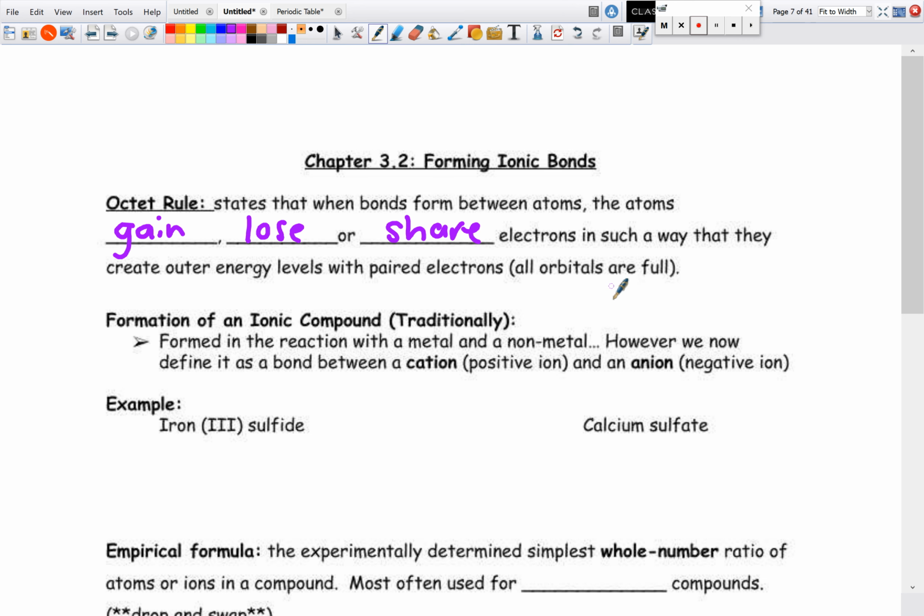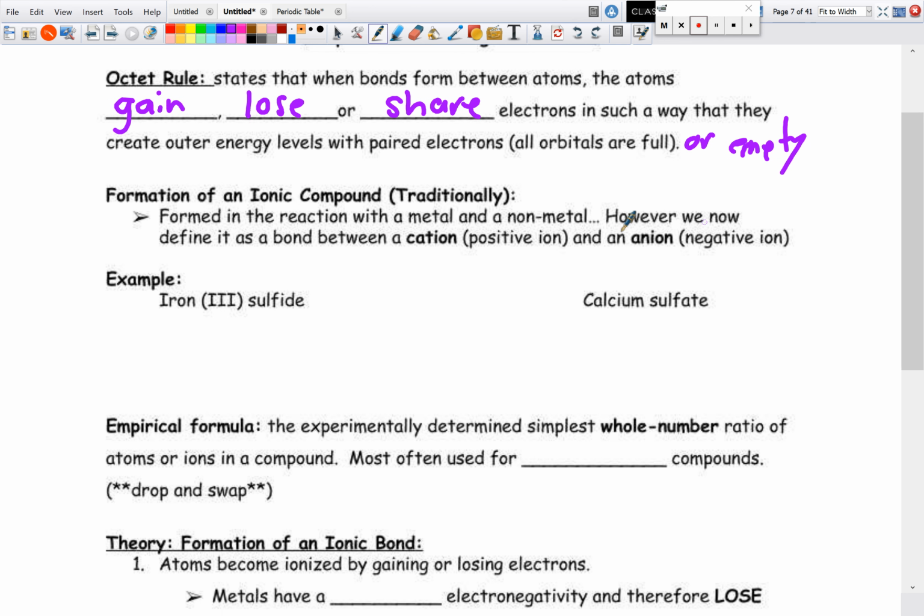Or another way to think about it, they're going to do this until every single orbital is full, or, in the case of metals, full or empty. That's supposed to be an M, not empty. There you go. So traditionally, when we looked at this, or how you thought about an ionic bond, was that